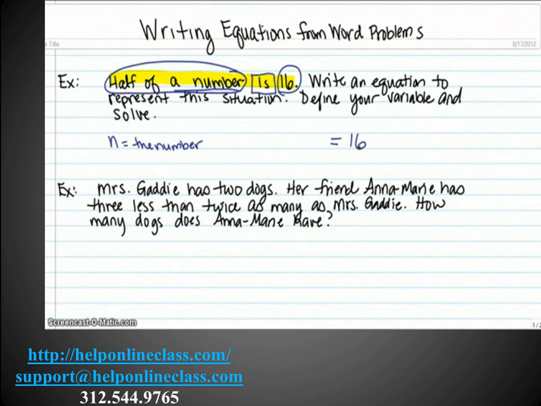Okay? It says half of a number. The word of in mathematics means to multiply. We talked about that on day 1, so hopefully you have that in your notes. But the word of means to multiply. So we take half times the number. There's our equation. And then, if we wanted to solve this, this